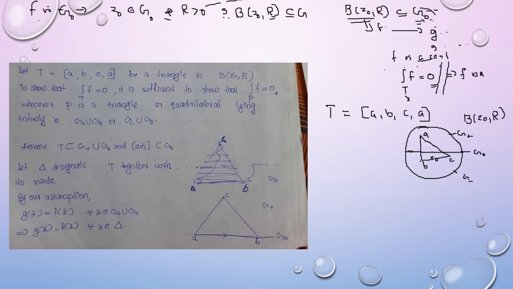A triangular path like this, that is B Z0 R a subset of G, means this triangular path is also a subset of B Z0 R. We need to show that integral over T F equal to 0, and it is sufficient to prove that integral over P F equal to 0, where P is a triangle or equilateral lying entirely in